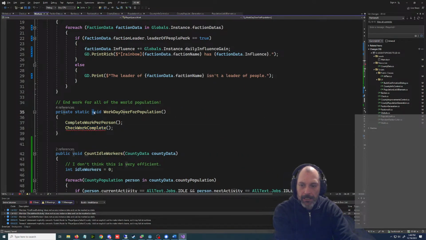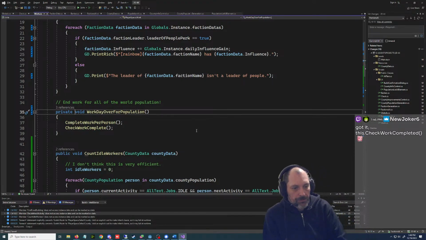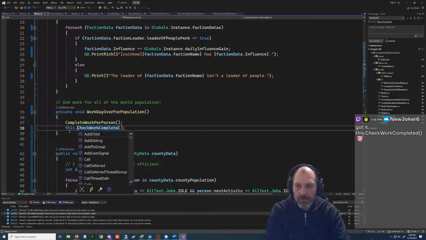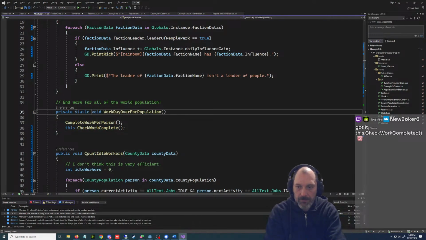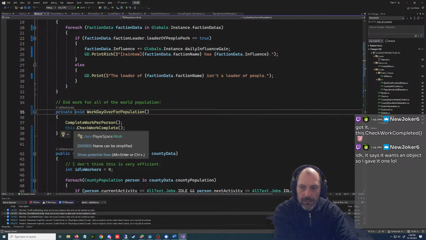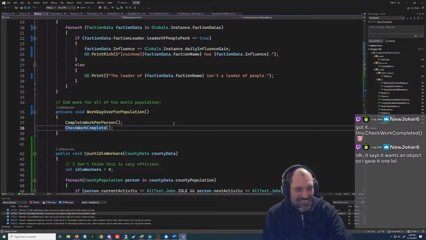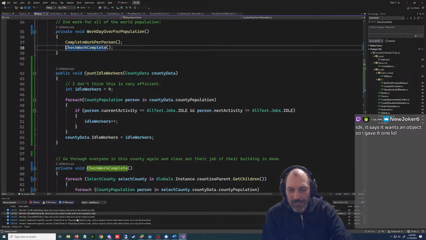Oh, this can't be static because this other thing isn't static. See? It's just the same thing over and over. This would have done that too? I'm curious. No. Yeah, I just wish it would stop telling me in the messages. I just wish this would stop telling me that. I don't know why. Look at all of these.